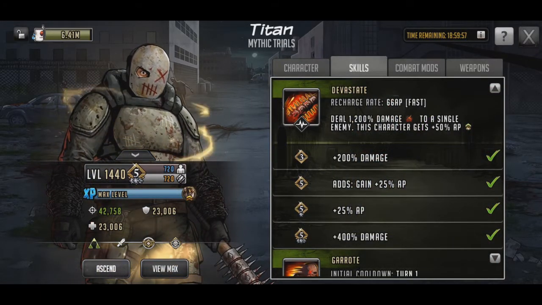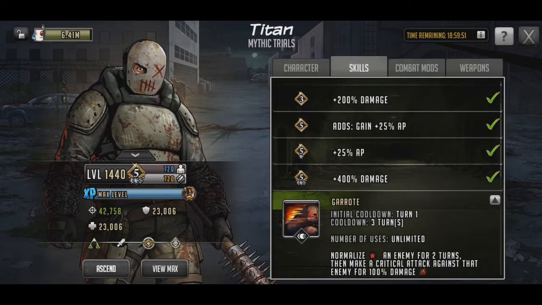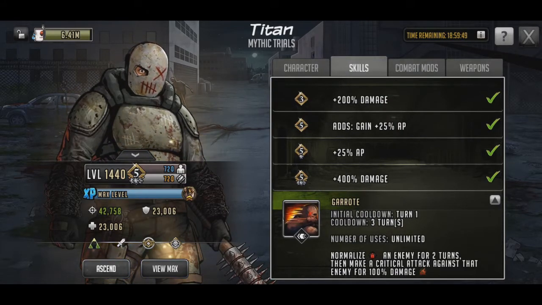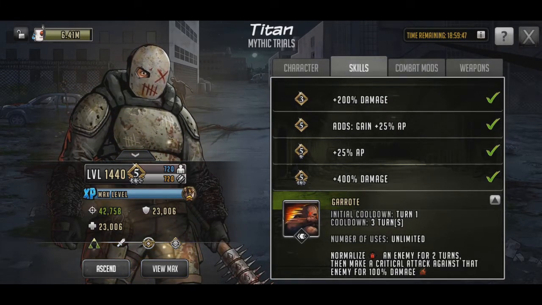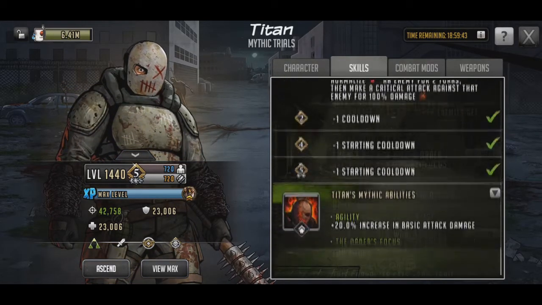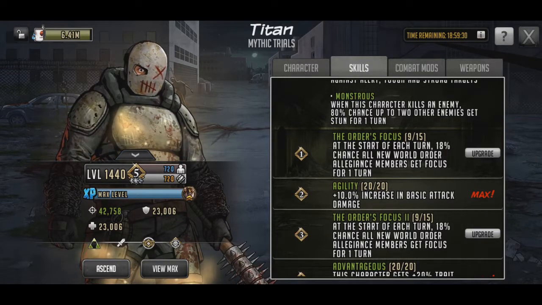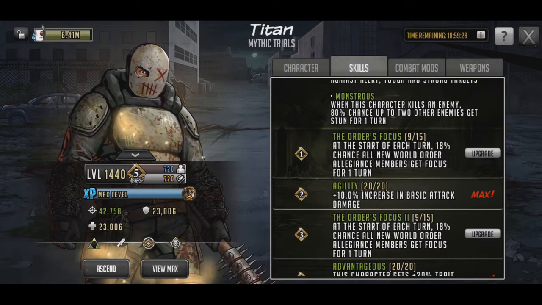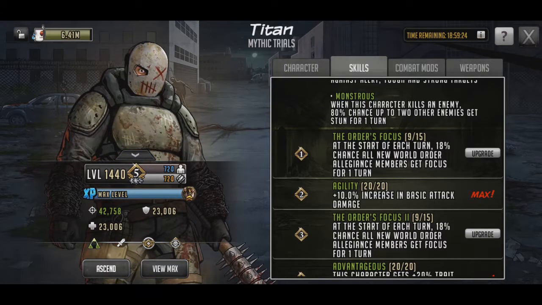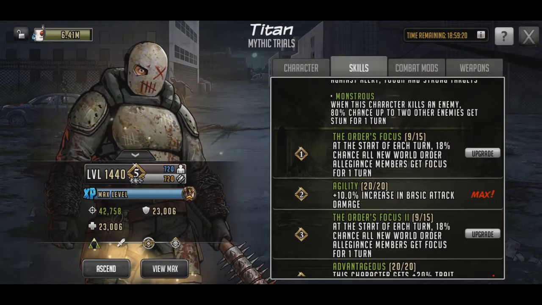All right, now first up, obviously, just check and make sure. Yeah, okay, so he doesn't have any skill upgrades that you actually need to upgrade for his rush or his signature, so that's good. Now with his passives, I did max pretty much everything. The only one I didn't max was the Order's Focus 1 and 2. I left those at level 9